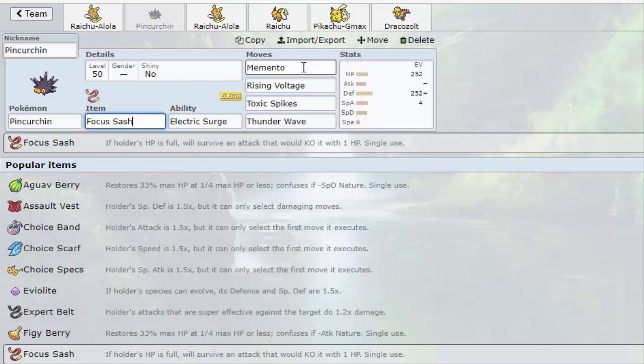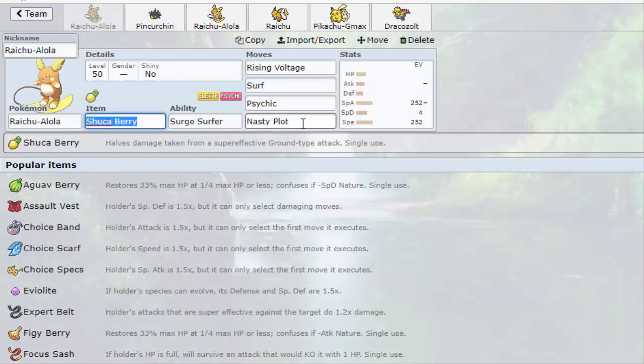So basically with Pincurchin, you lead with it, you take a hit, you go down to your Sash, Memento, you die, and the next Pokemon has no attack stats left. Send in Raichu, you Nasty Plot, and then you sweep. So you could take the Chukka Berry off and put a Life Orb on there if you want. If you're playing any ranked battles, you can't put Focus Sash on Raichu too, because even with -2 attack or